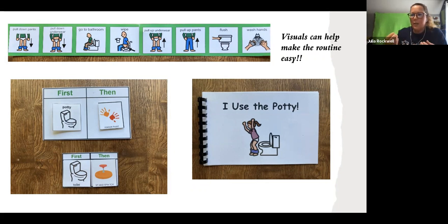And you can also get your service coordinator to individualize it for your child. So if you are doing a really consistent thing afterwards, that is kind of like payment for going potty, they can build that into the story and you can talk about it and things like that. So that's a great way for kids to learn. Not all kids learn from books though, right? So especially in this